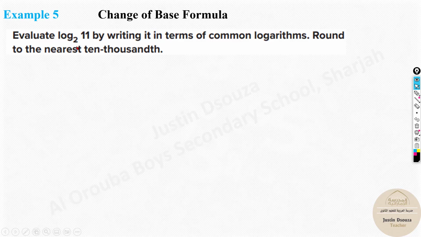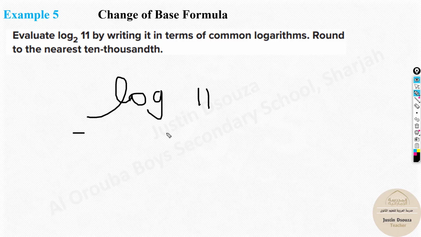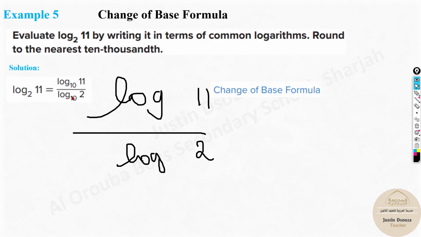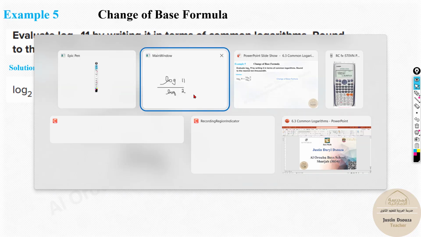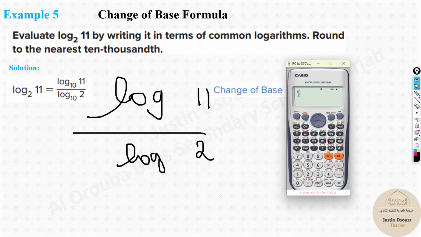Here you should evaluate log base 2 of 11. How do you do it? Let's take the common logarithm, that is base 10. First will be log 11 divided by log 2. This is the change of base. You can see now here it's mentioned 10, but you don't need to mention 10 every now and then, because you know it is log 11 divided by log 2, close the bracket,